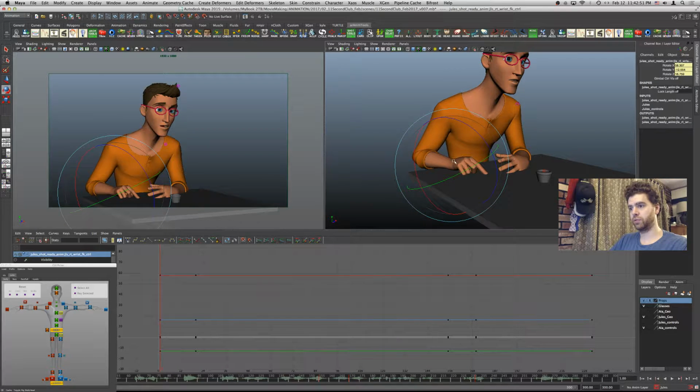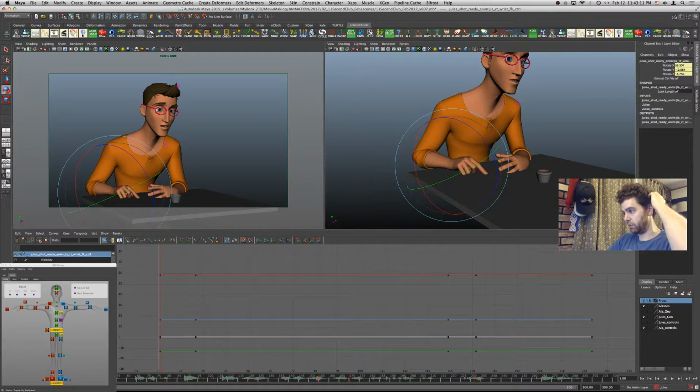This is controlling this, which is controlling this, etc. I could switch to IK mode. The way it's up now is what's called forward kinematics, or FK, and this means that the position of the joints along the spine are controlled by the previous joints.